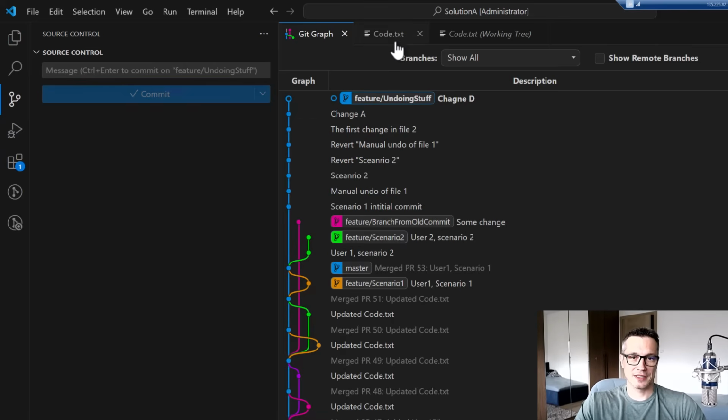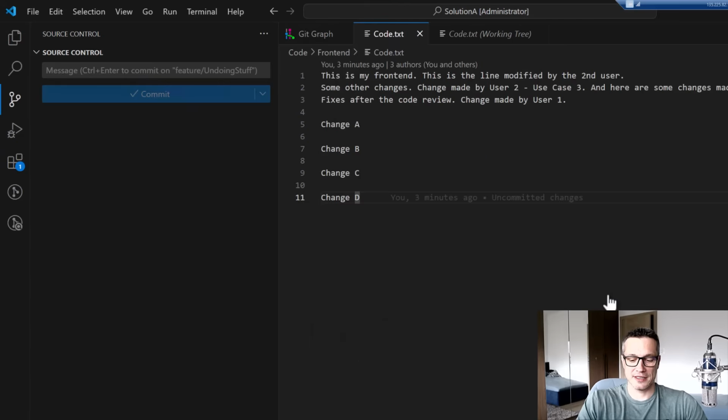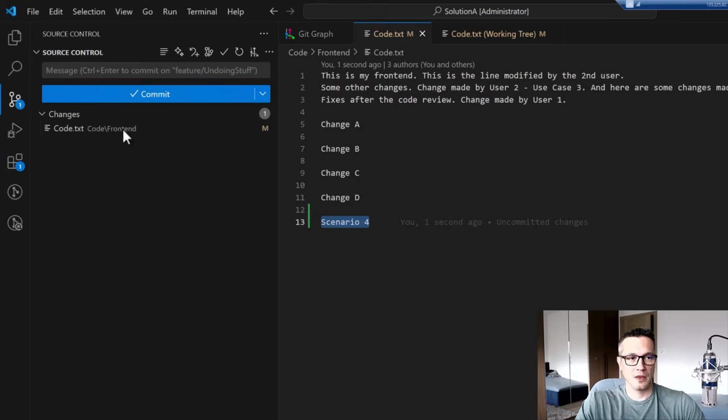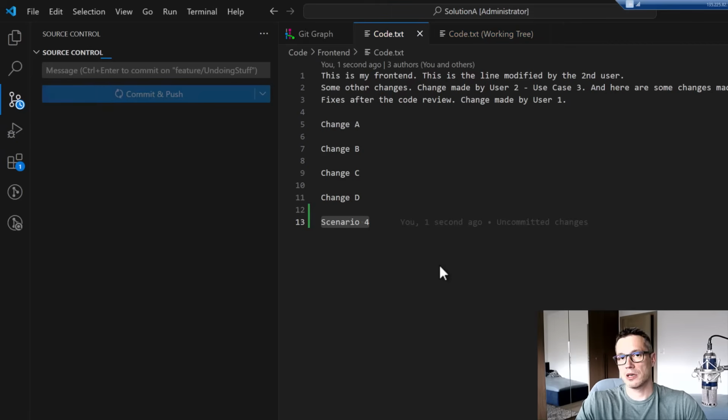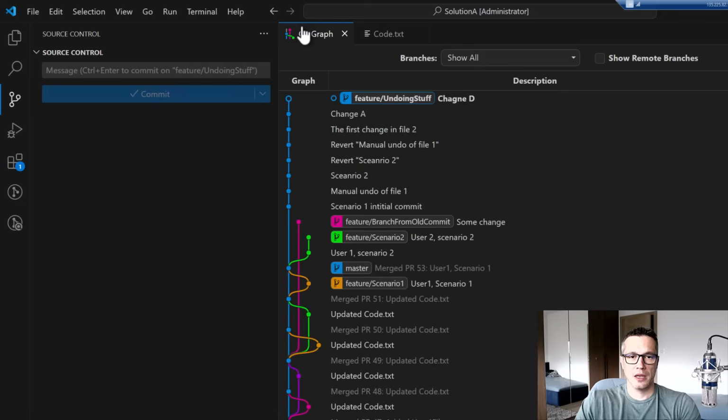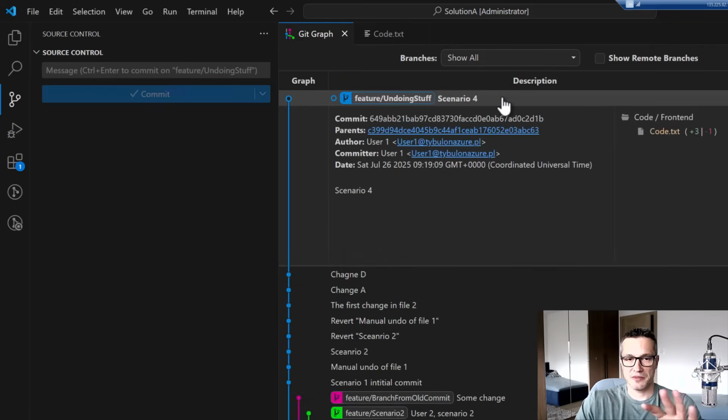So again, let's do this on this code.txt file, scenario, I don't know, 4 maybe. Let me save the file. Let me add the commit and let me push it to the remote repo, right? So I'm doing two things at the same time. I'm committing the change locally, and then I'm pushing it to the remote repo. And we can see this scenario 4 commit available. It is already in the remote